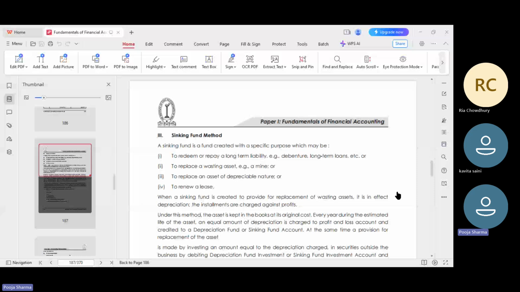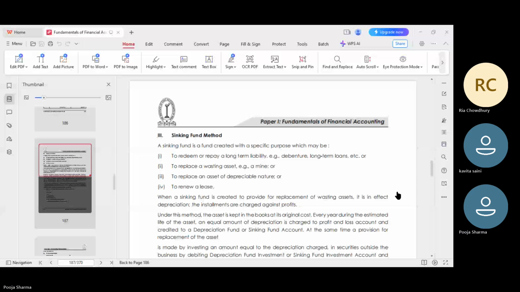In the sinking fund method, there is interest earning. When we invest the amount, we earn some interest. That is interest income. This interest is generally compounded annually and can be calculated using the standard compound interest method. The sinking fund that we invest in the business earns some interest.